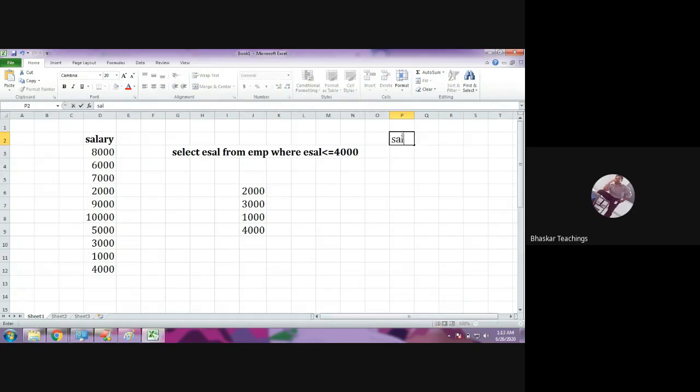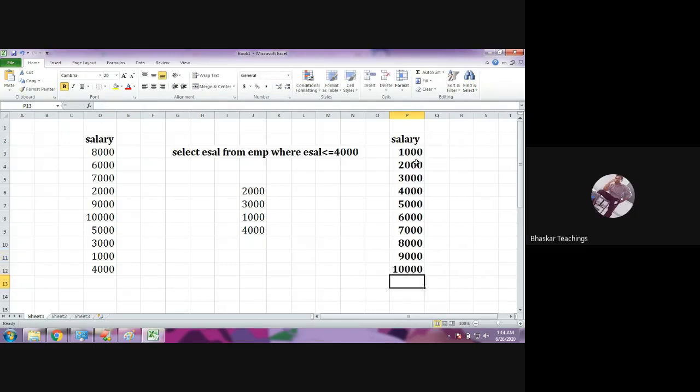Okay, so check here. Assume you have applied an index on this salary column. What is going to happen is that it is going to sort the data and store it in ascending order. What is the first one here? 1000, the least salary. Next one, 2000, 3000, 4000, 5000, 6000, 7000, and so on up to 10,000, right? So I have taken just sample data. Fine.